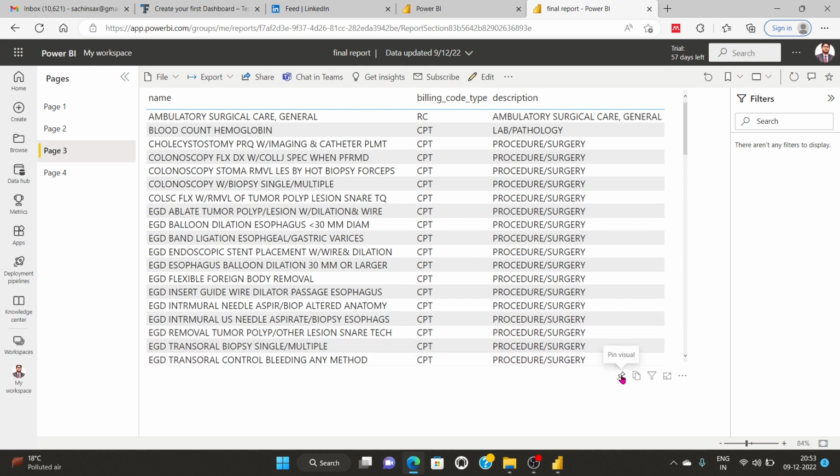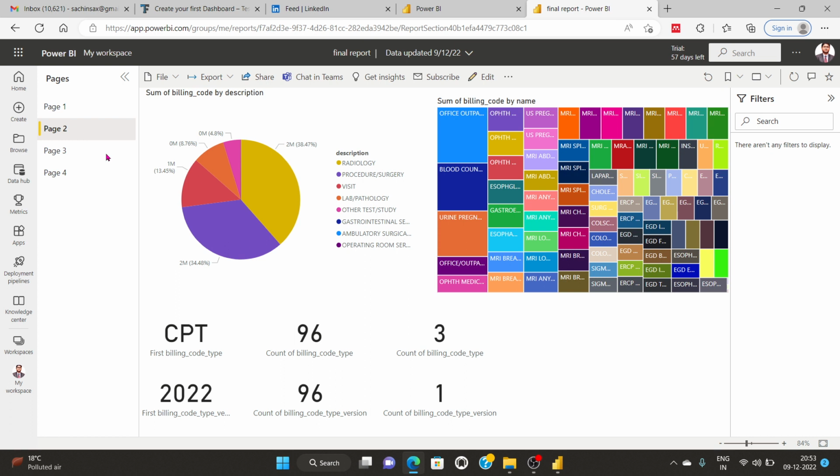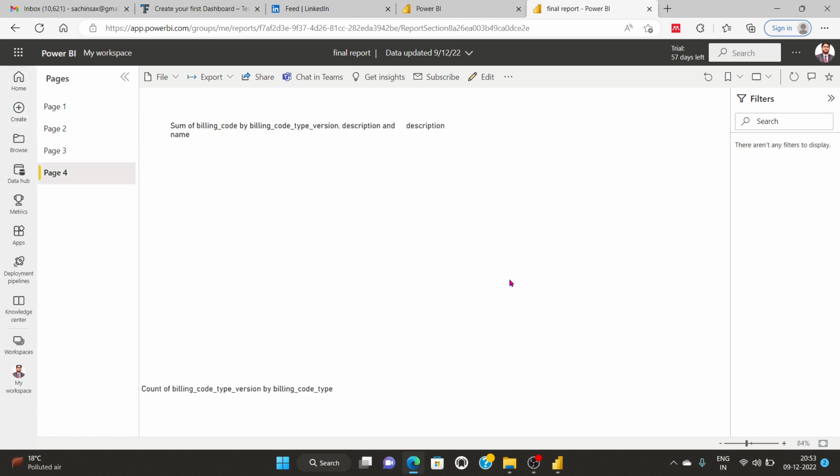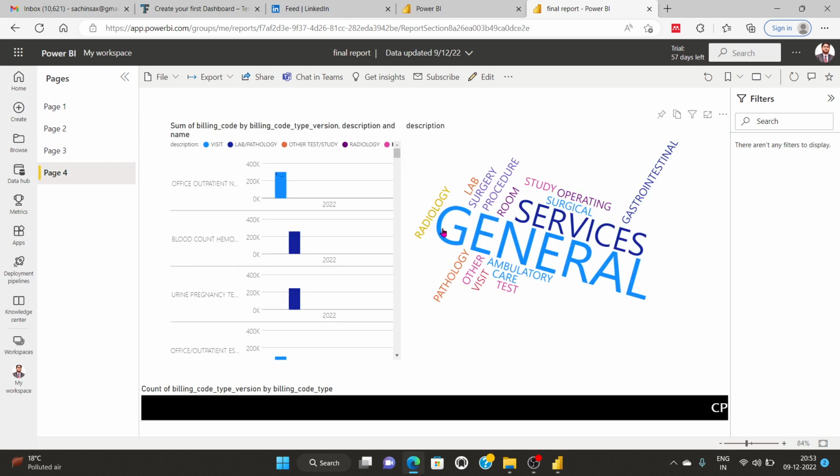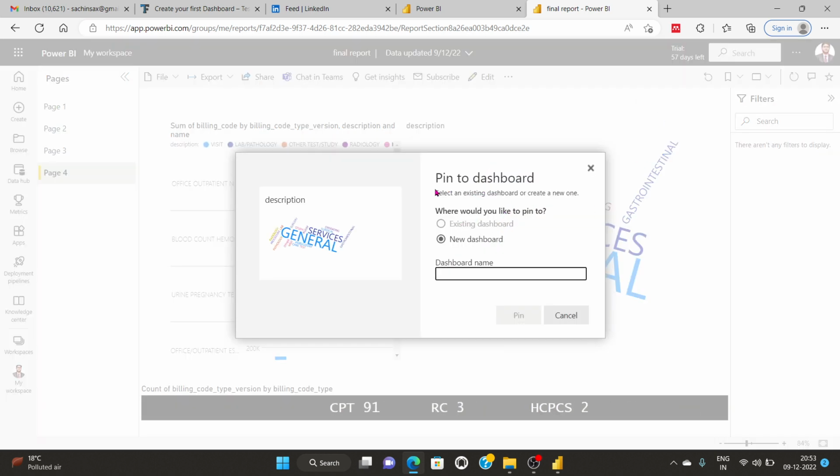I can take it into my dashboard or my visualization part. So I'm going to pin visualization, and then it is going to create. Where do you want to pin, existing dashboards? As of now I don't have any dashboard, so it's not showing that option. So I'm going to create that option,